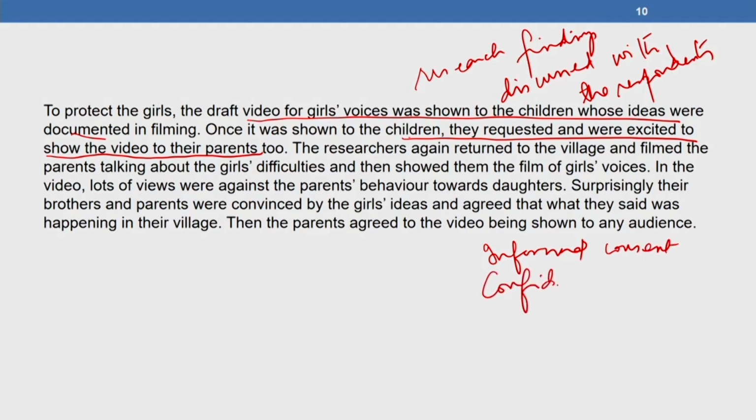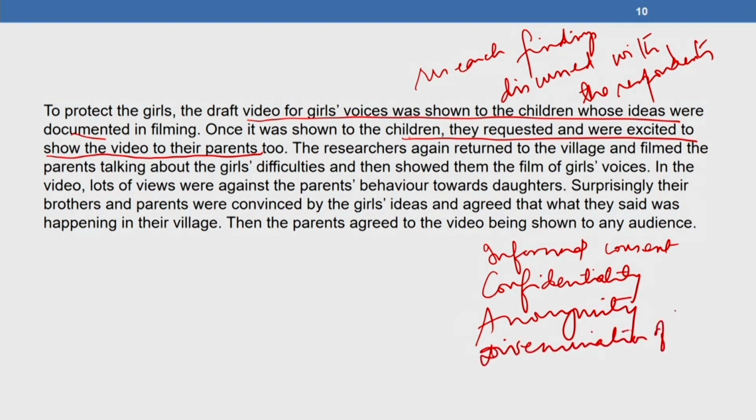confidentiality, anonymity, and therefore smooth dissemination of findings. This is how research findings, when following the rules of confidentiality and anonymity, can lead to